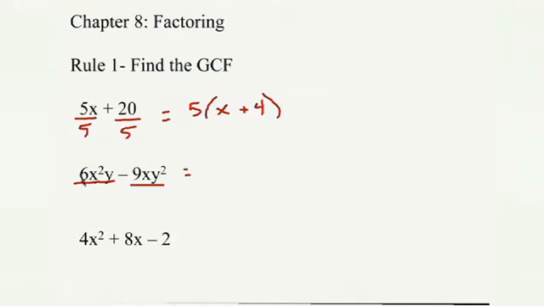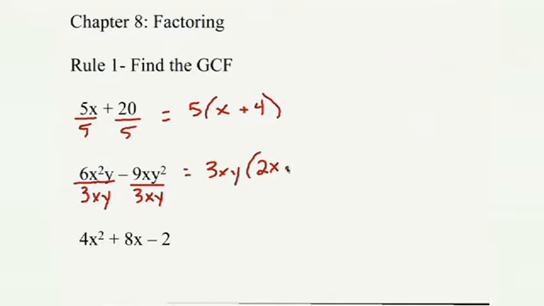Okay. Well, if you guessed that 3 was the largest number you could take out, that is correct. And then with regards to your x's and y's, you can take out an x, y from each term, because that is the smallest power of the common variables that you have. So what does this leave us with? Well, you put the 3xy on the outside of the parenthesis, and then inside the parenthesis, you ask yourself, 3xy times what gives me 6x squared y? Start with the numbers, you get a 2, and then an x.